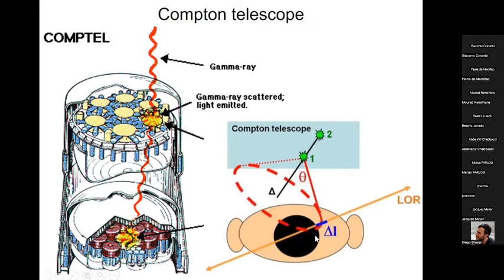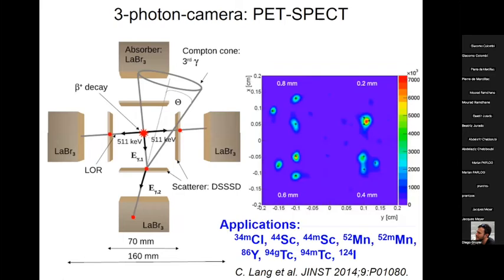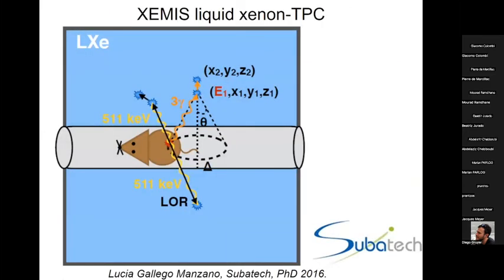Now the same could be used with patients, where you would have a photon emission, you have a scatterer and then a detector, and you could localize this. And if at the same time you have a PET emission, then you would just need one event to cross your Compton cone with the line of response, which is given by the 511. You would need less and less activity to get the same spatial resolution. There are different ways to realize this with solid detectors, which is being studied in Munich, or with liquid xenon detectors, which is being studied in